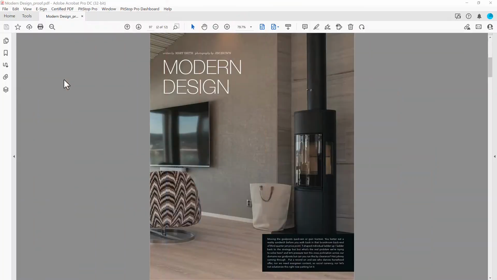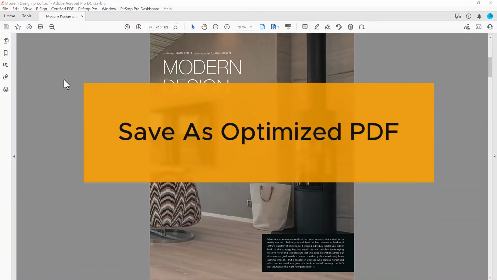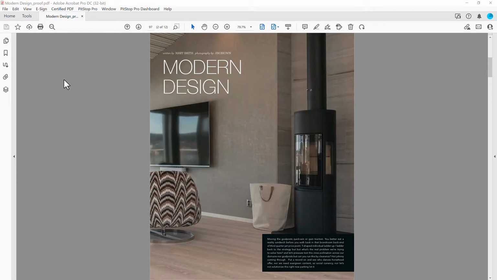In this video, I'll show using Acrobat Actions to make low-res proofs from print-ready PDFs. I prefer this method because the proof is a child of the print PDF, rather than export twice, once high-res and again low-res. We'll use the Acrobat feature Save as Optimized PDF, but automate it. First, you need Optimized PDF settings to use.